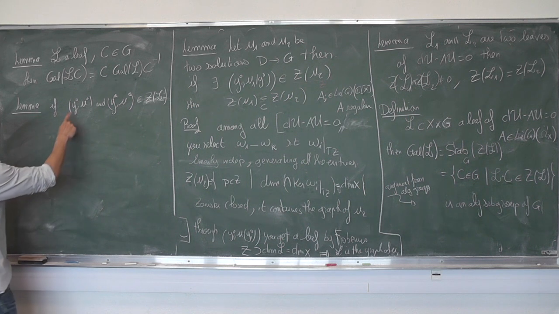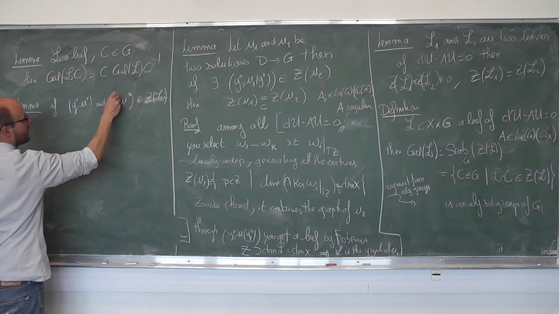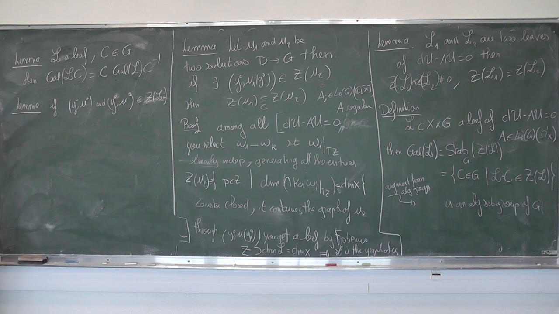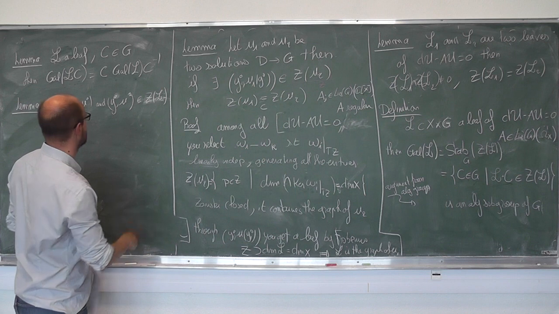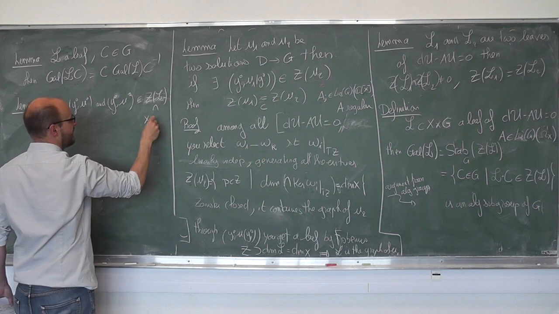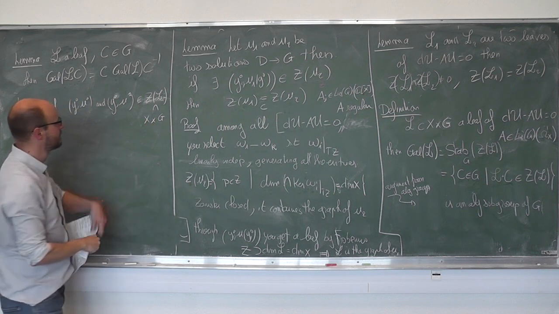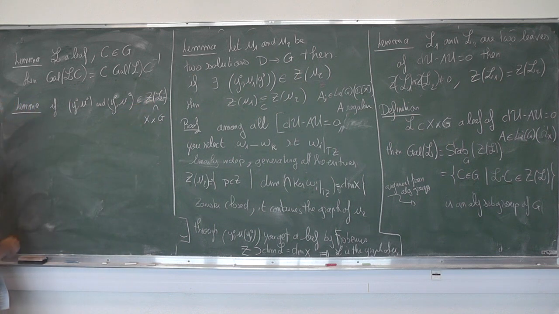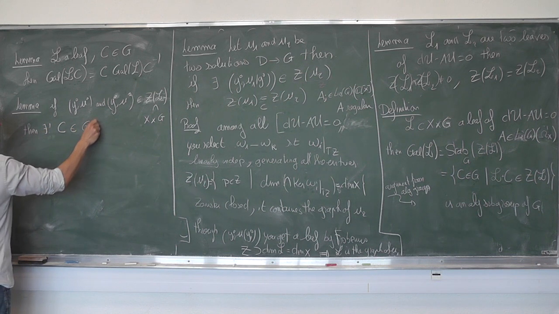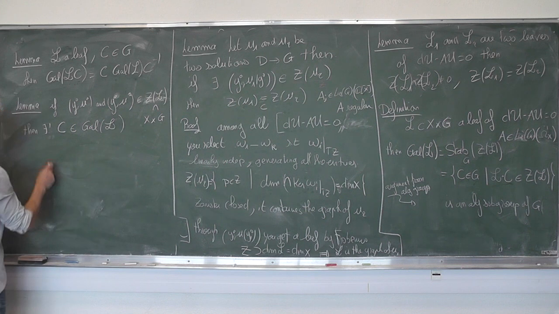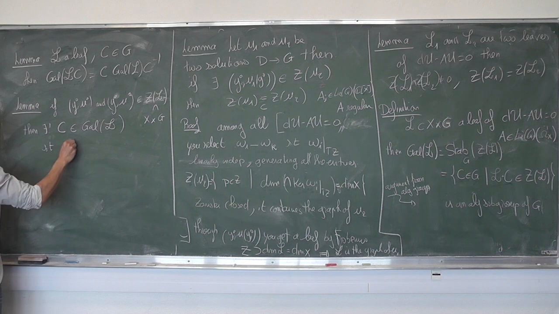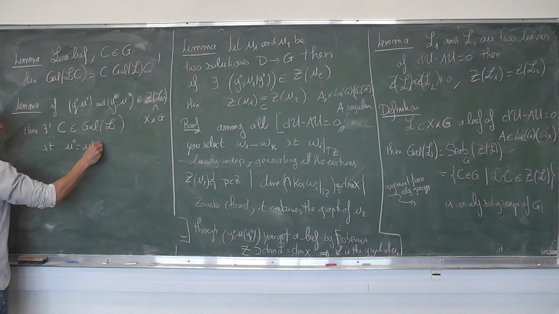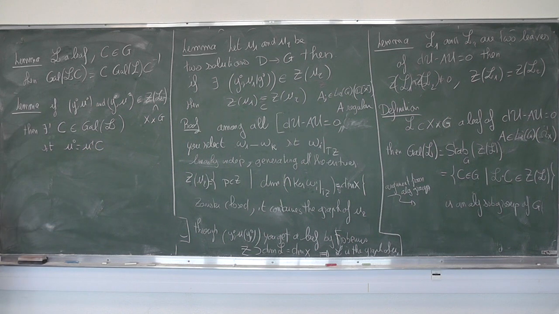And you assume that these two points are over the same y. Yes, so they are in the same fiber for the projection of x. Then there exists a unique C, which is in the Galois group of L, such that u0 is u1 times C. So the Galois group is stabilizing Z of L,